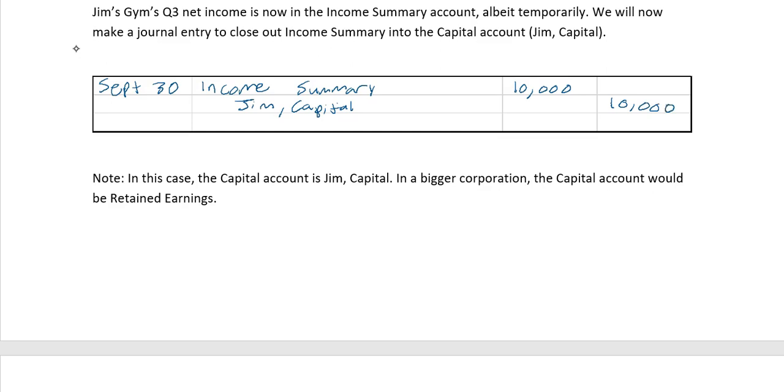Of course, the gentleman's capital account is going up with the credit, and I'm just going to finish off the journal entry with a brief description